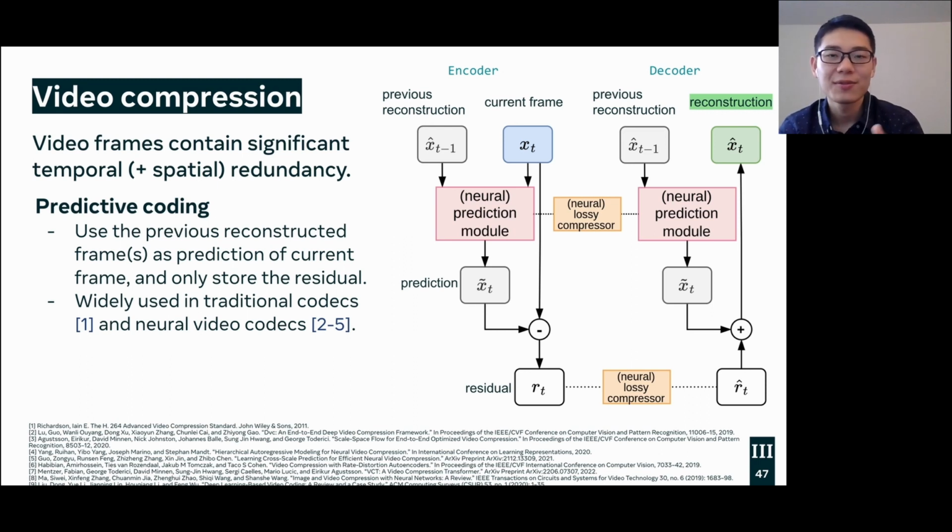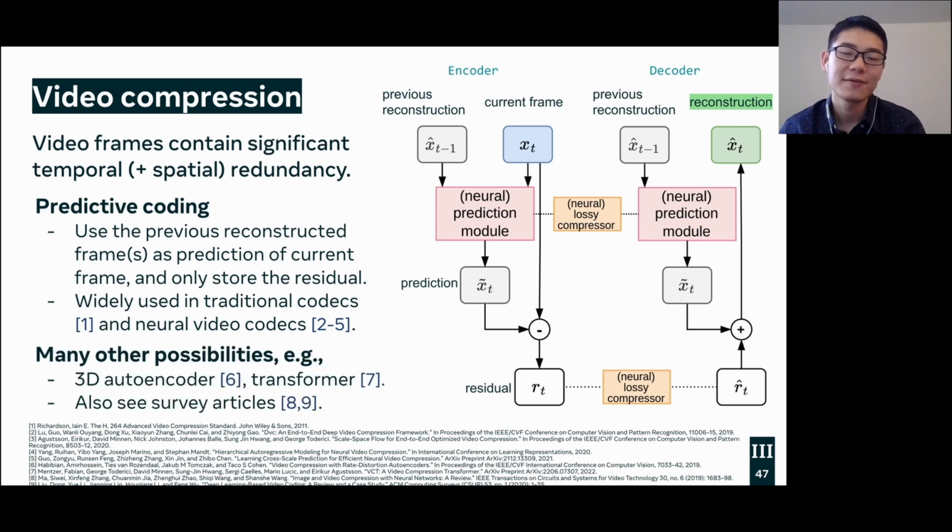And the decoder will do three things. First, it receives the residual. Second, it forms its own identical copy of the prediction, possibly with help from the encoder in the form of another bit stream containing instructions. And finally, it adds the residual to the prediction to form the reconstruction. We repeat this process over time, and we will use the current reconstruction to form the prediction of the